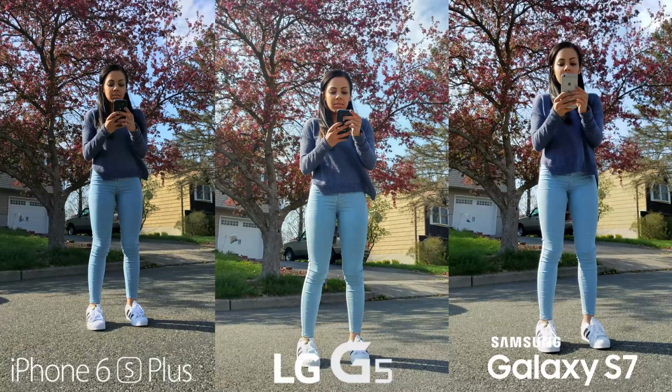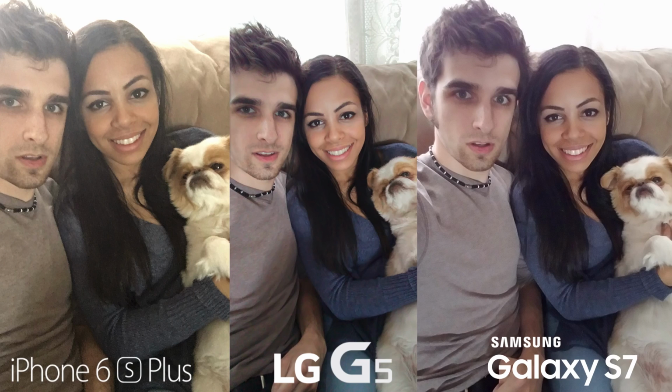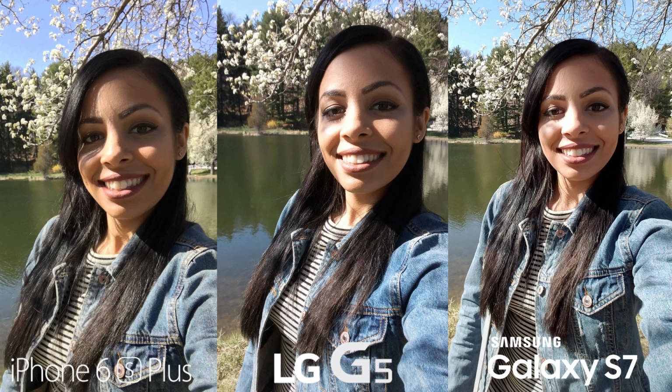What we've learned here today is that the iPhone creates very natural looking photos with less contrast, creating a soft image, but it's usually exposed very well with nice dynamic range, although it suffers a lot in low light. The selfie camera could use a wider lens, and the video it takes is the best on a smartphone. The S7 adds a lot of contrast, so you're going to be losing lots of details in the shadows and sometimes in the highlights, but the selfie cam, although it doesn't capture a lot of detail, creates great wide-angle shots